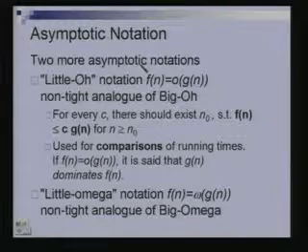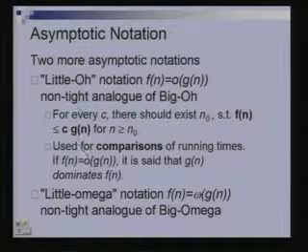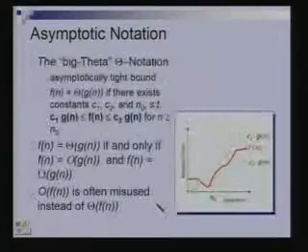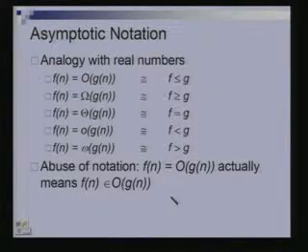There are two more related asymptotic notations. One is called the little o notation and the other is called the little omega notation. They are the non-tight analogues of big O and big omega, and it is best to understand this through the